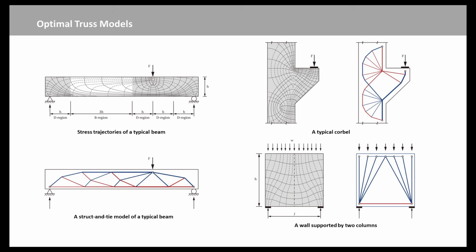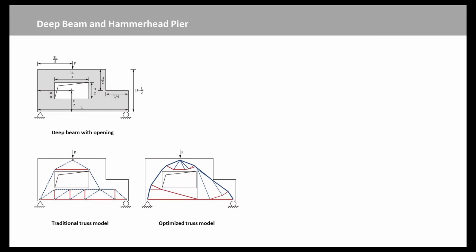Next, we can use 2 examples to illustrate the applications of layout optimization in reinforced concrete structures. The first example is a deep beam with openings. Reinforced designs can be obtained with truss layout optimization for complex domains. The minimum volume or weight design, in this case, results in a reinforcing layout that doesn't require stirrups in the confined space under the hole, simplifying construction.